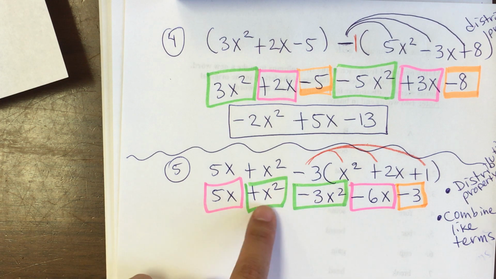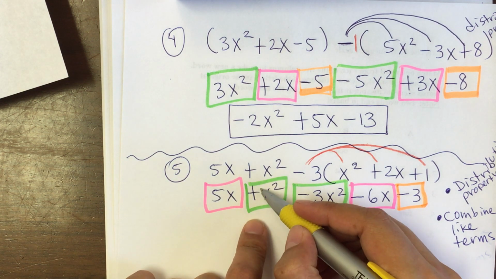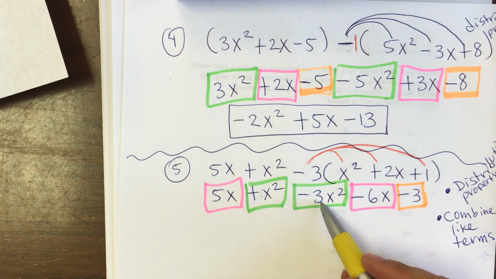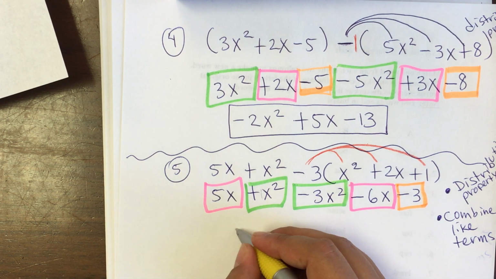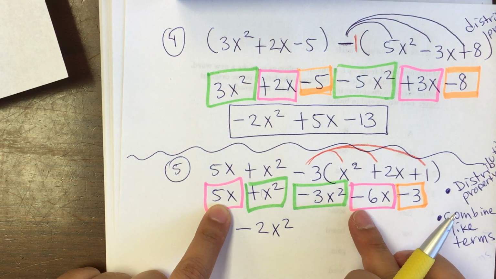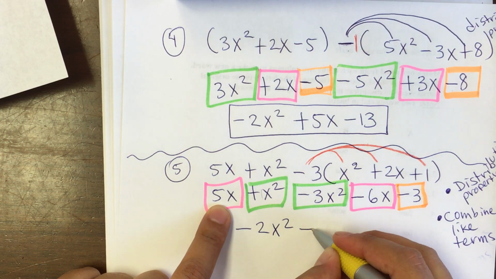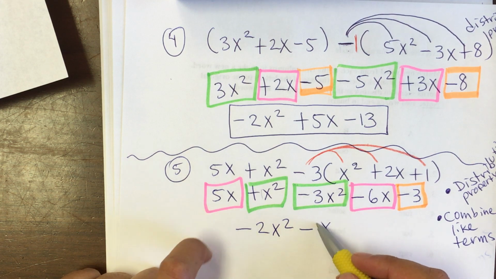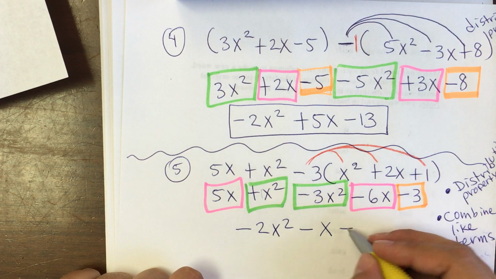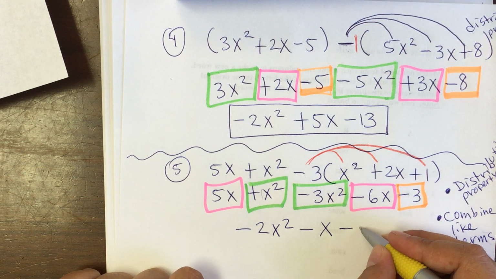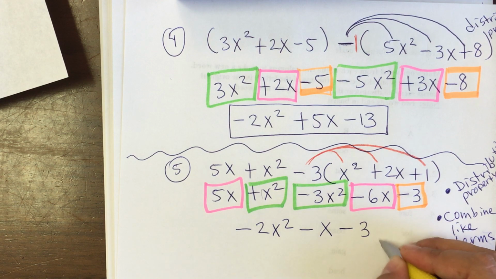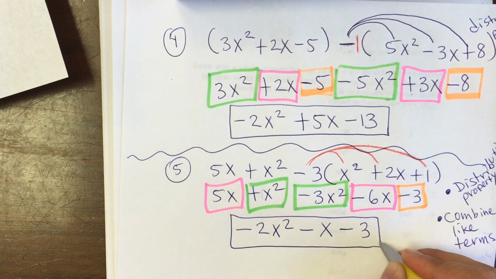So I have 1x, remember that if there is no coefficient, there is 1. So 1x squared and negative 3x squared, negative 2x squared. 5x and negative 6x, negative, some people would say negative 1x, that will be correct, but traditionally it's written without the coefficient of 1, and then you just bring down the negative 3. Okay,